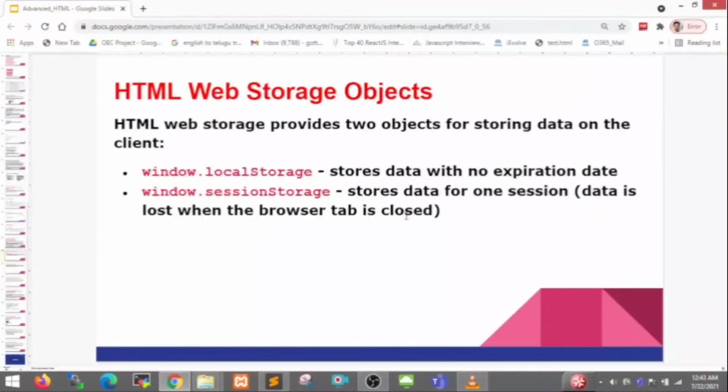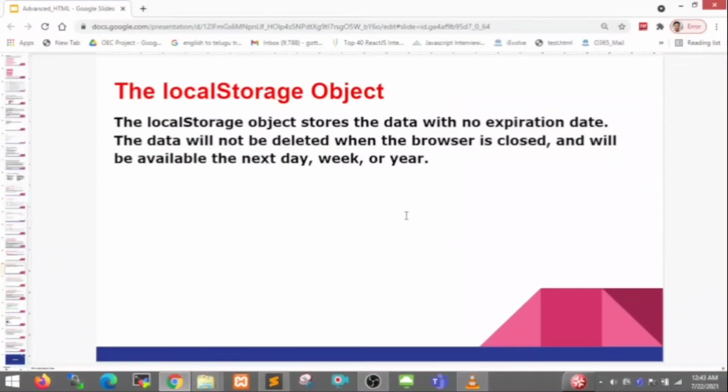This is local storage and session storage. The localStorage object stores the data with no expiration date. The data will not be deleted when the browser is closed and will be available the next day, next week or next year.